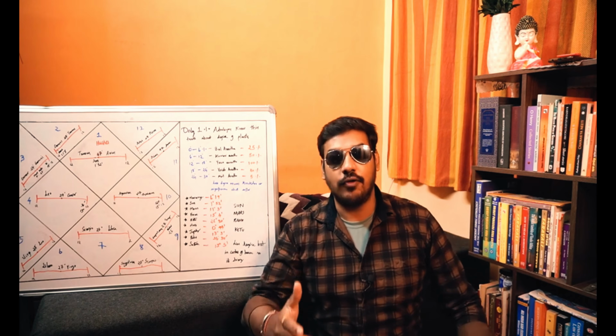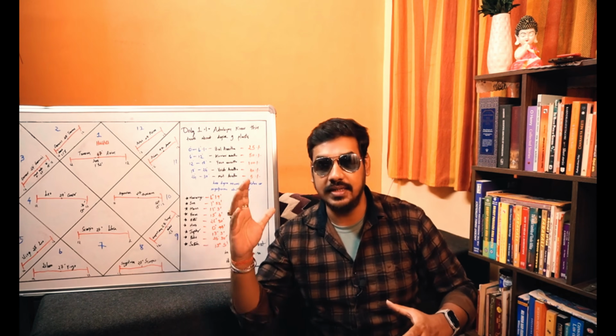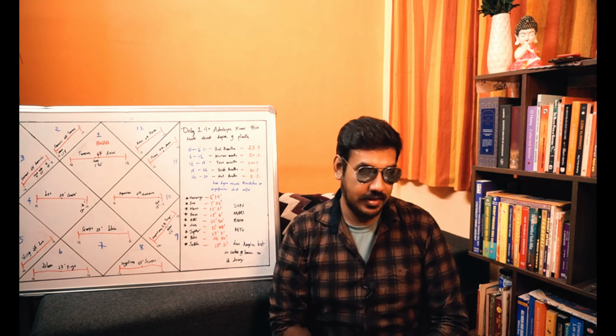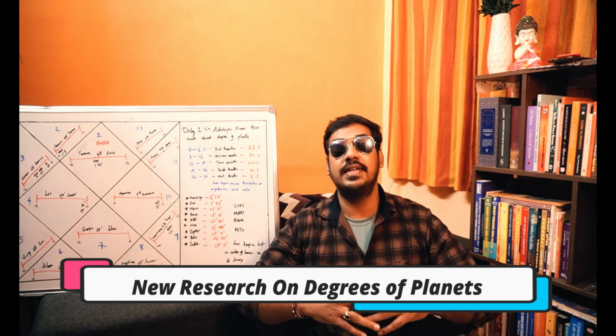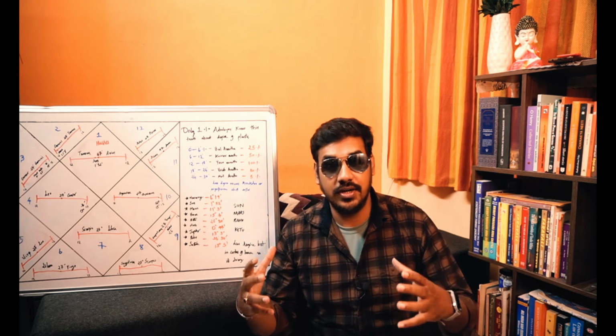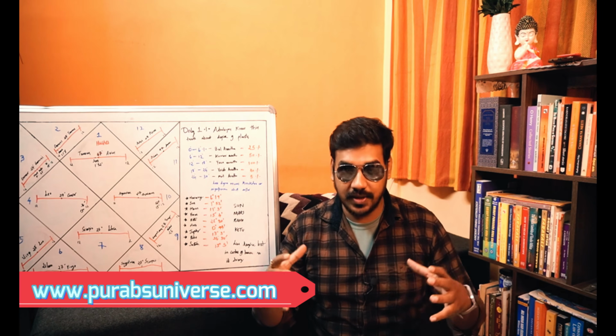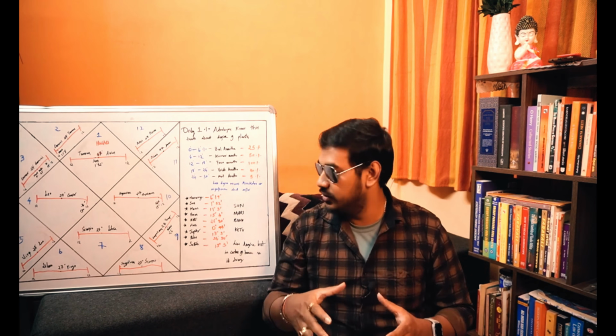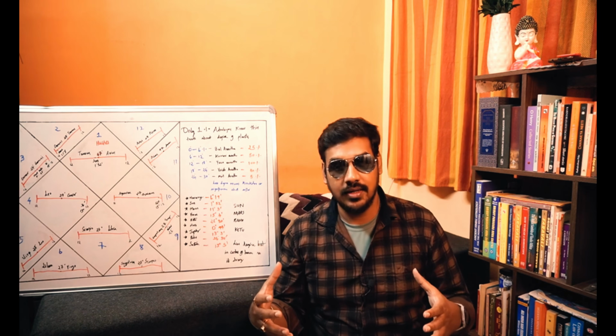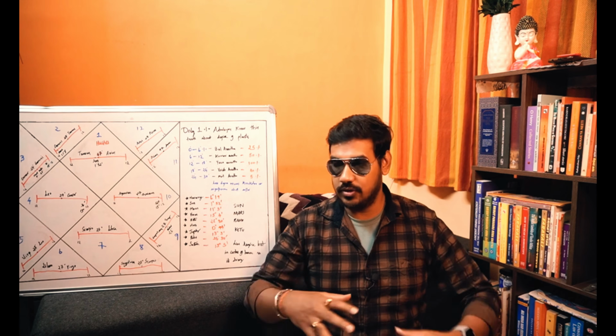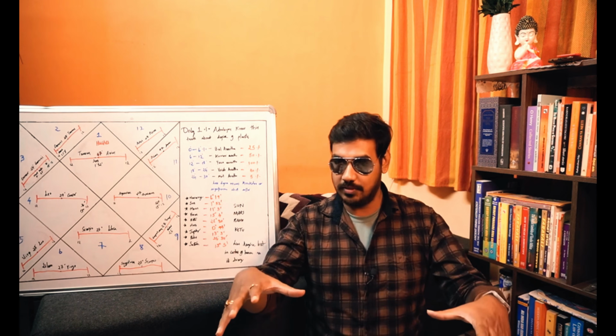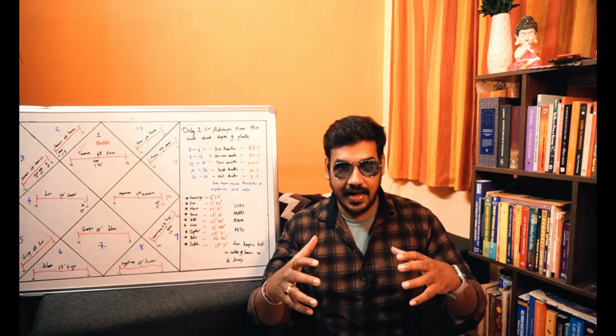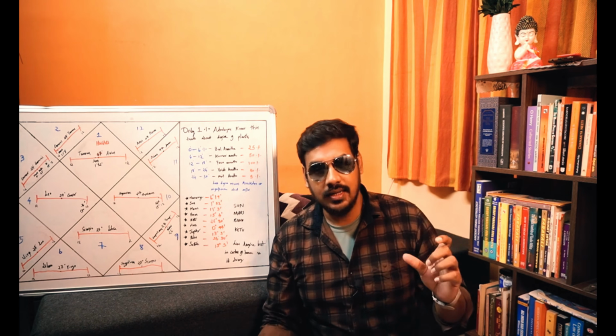Today is the day for learning the truth about the degrees of planets in astrology. And I am not conventionally speaking about the normal concepts, the theoretical part where if a planet is in a particular degree, let's say between 0 to 6 degrees, it's in Bal Avastha, 6 to 12 degrees, it's in Kumar Avastha. Alright, that's not what I'm going to talk about. What I'm going to talk about is I'm going to throw light on a very deep concept about degrees of planets, where I'm proposing miracle degrees.